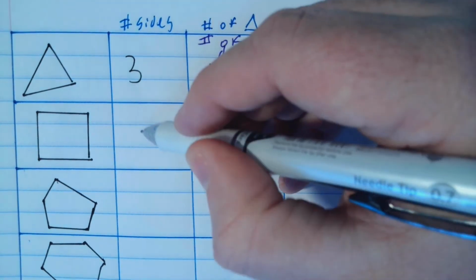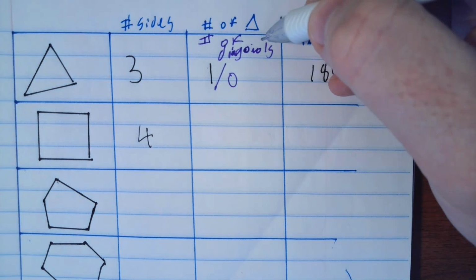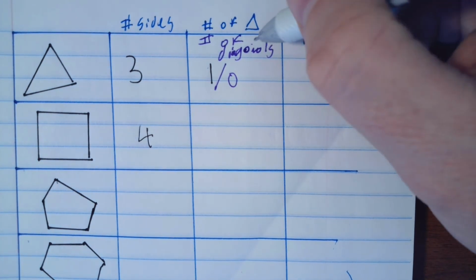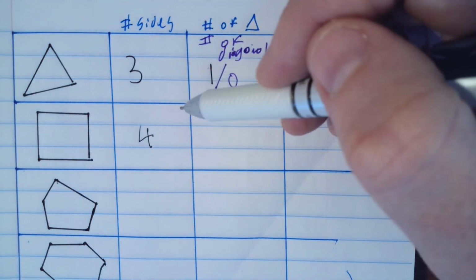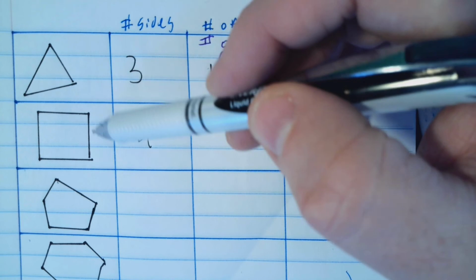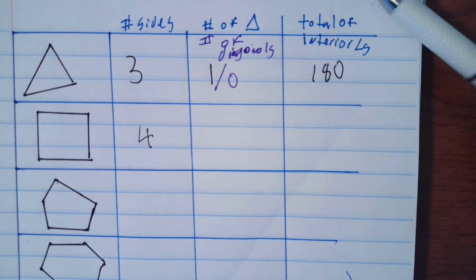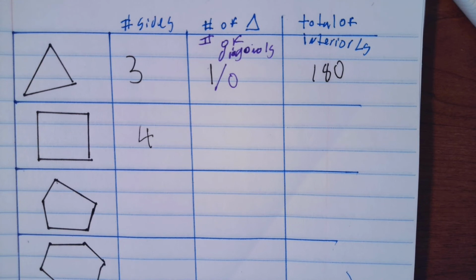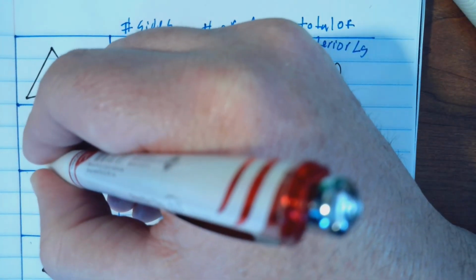We know that's 4 sides. Okay. Number of triangles. Well, we need to get triangles. We need to basically break this up with diagonals. Reason why we learn triangles first is because every other shape can be broken up into triangles. And so a diagonal is you start at a vertex, which is one of these points, and I want to do